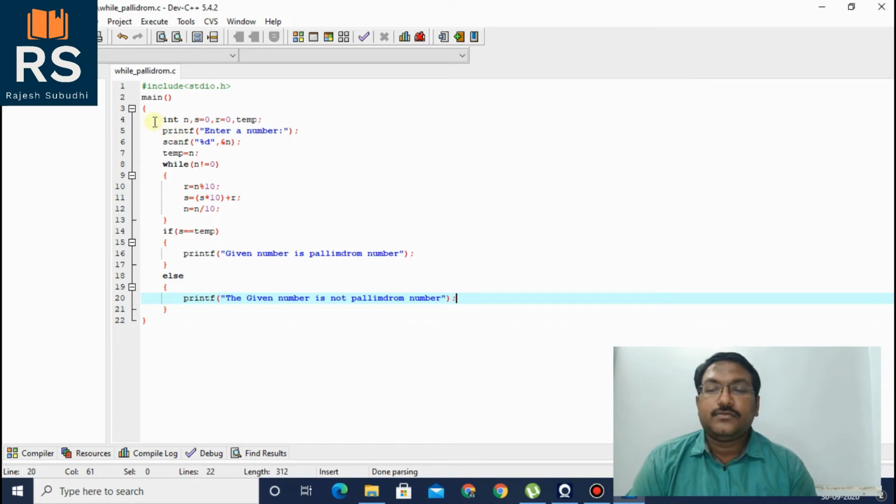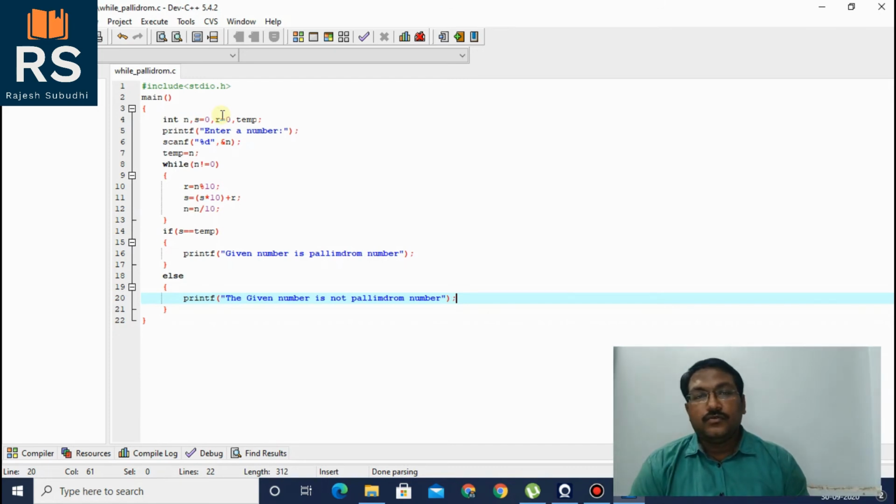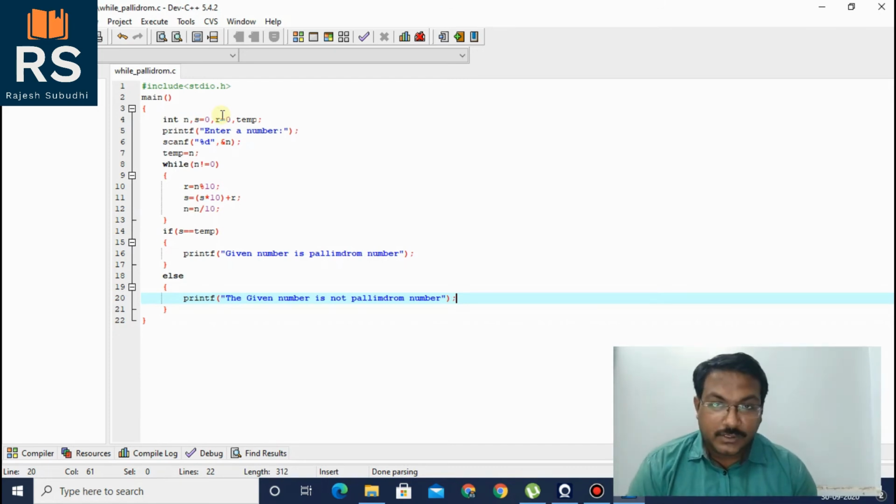Here you can see we have taken the variables n, s, r and temp. n stores the number given by the user, s is initialized with 0, r stores the remainder, and temp stores the number before we calculate its reverse.